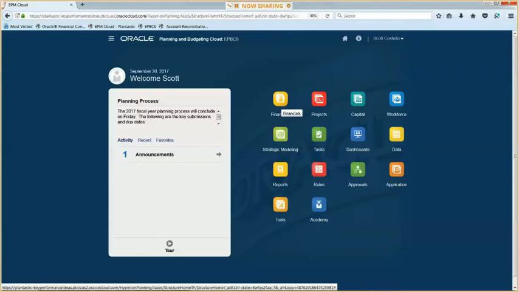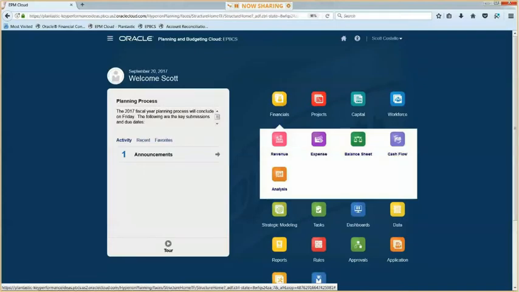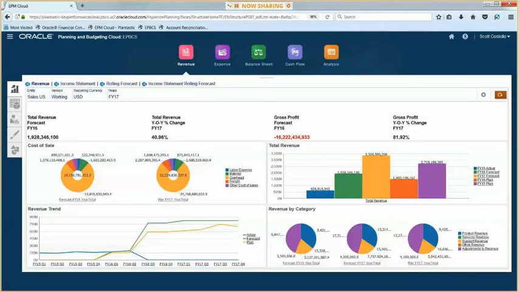On the financial side, though, is where we think more strategic planning. How's the P&L and the balance sheet and the cash flow going to look? So if I click on the financials, I'll see some of the components of my financial reporting tool, right? The revenue, expenses of the P&L, the balance sheet, cash flow, and be able to do some analytics off any one of those. If I click on just the revenue piece here, that pink button, I'm immediately presented with some